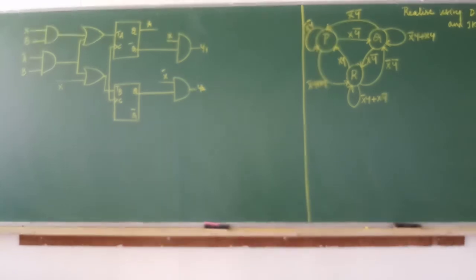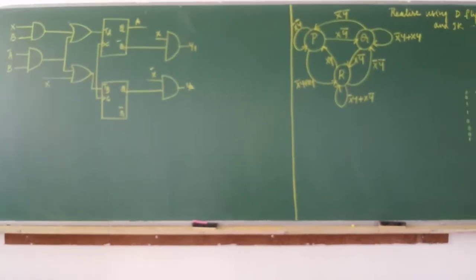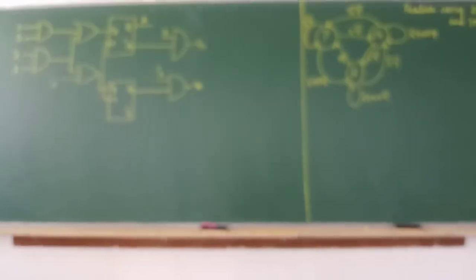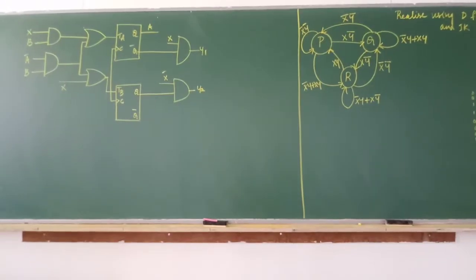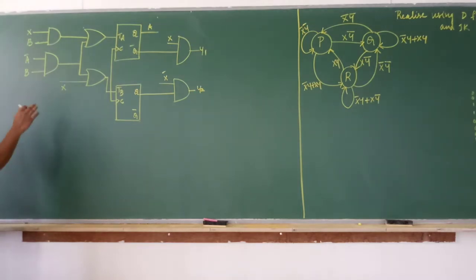Okay, after solving two problems on analysis of synchronous sequential circuits, when a circuit is given along with the input variables, we have done so many problems when we started module 4 itself. But here the circuit is given and you have to write the state diagram. What is the difference? That was without input variable and this is with input variable. So we have solved two problems, and whatever the circuit is, the same procedure you have to follow. Definitely you will get the correct state diagram for the given circuit.